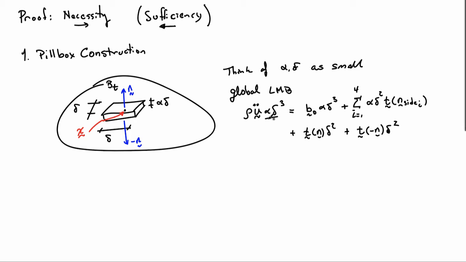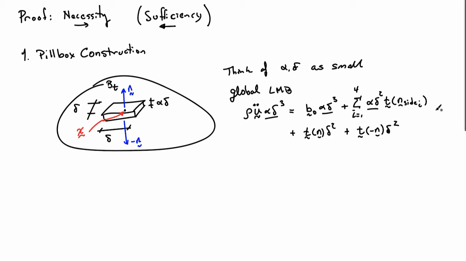And from the body force, I'll get b naught times alpha delta cubed. And then I need to evaluate the surface integrals, and there are 4 sides to the box. So each side of the box has area alpha delta squared, and I need to multiply that by the traction vector on the side of the box, and that's going to be a function of the normal. So I'll just say that n side i, and I sum i equals 1 to 4 to go over the